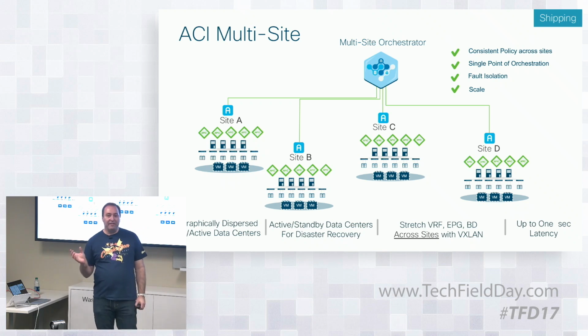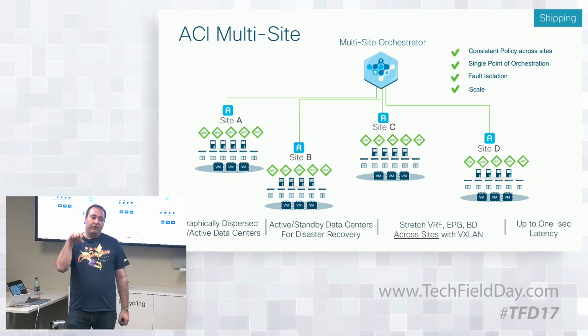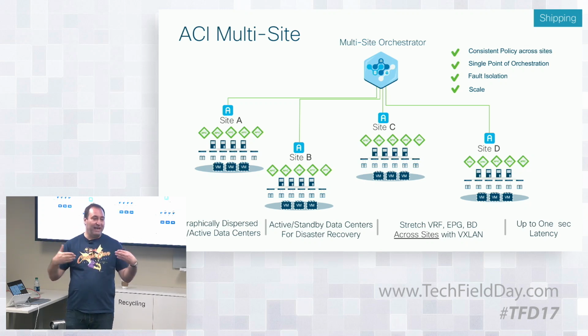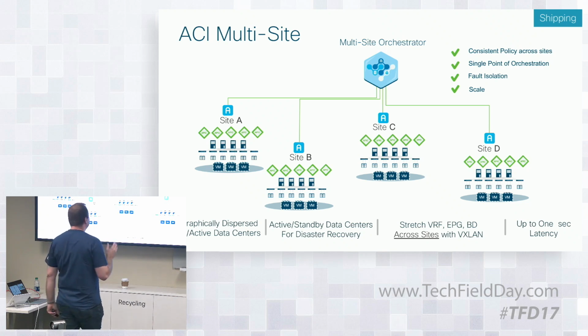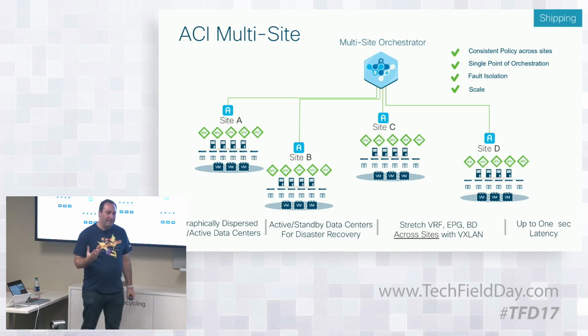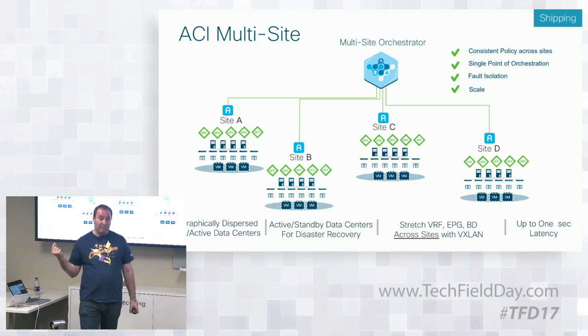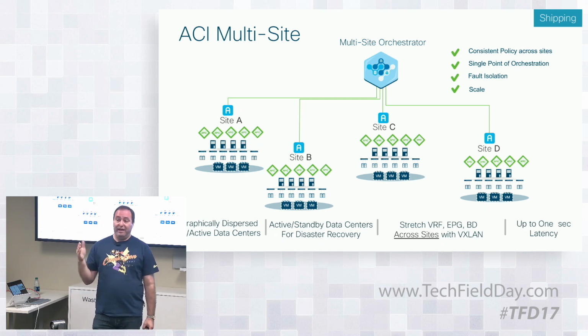So the question is, what's the right use case for stretching subnets if you have to? But certainly there's a good use case for stretching policy, right? So this is Multisite. Multisite has some other things that we do inside it where we can also allow you to advertise a VM, because that's what you're really moving between sites, address from a specific site. So we can make sure that your in and out traffic is always symmetric.